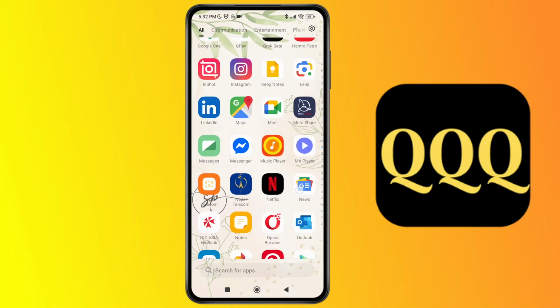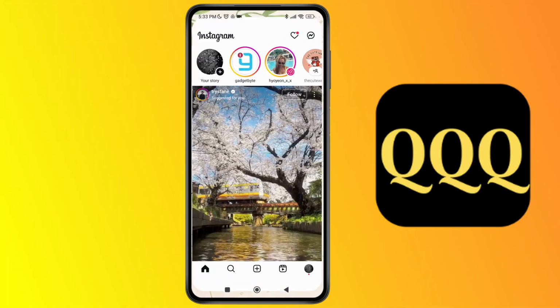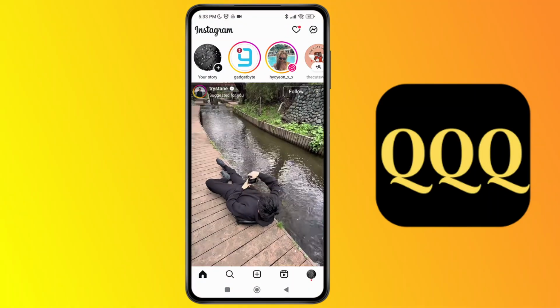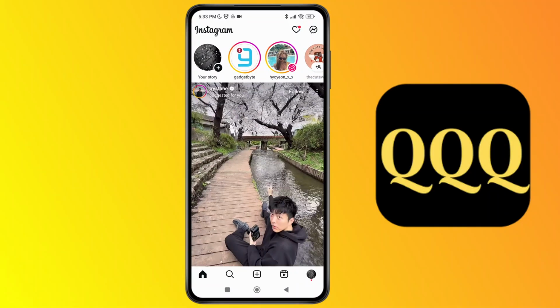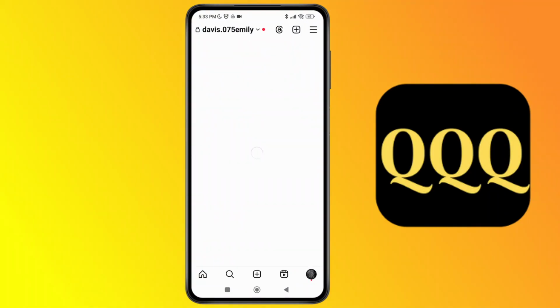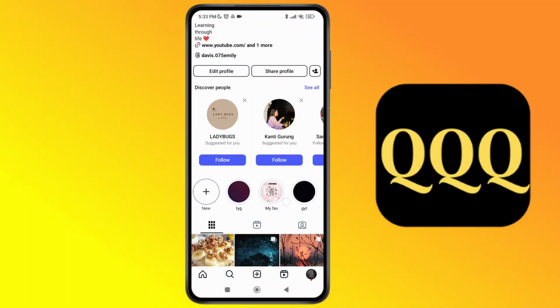Now to save the view once disappearing photos on Instagram, first of all launch the Instagram application on your device. Make sure you are logged into your account. Then tap on the DM section or you can just select any profile. Now when you try to take a screenshot of a view once photo, it says that it is not allowed